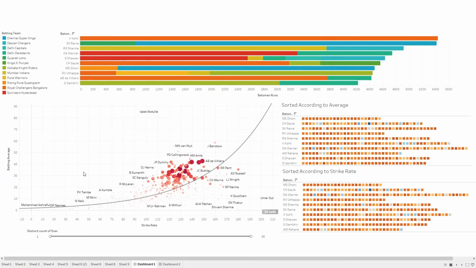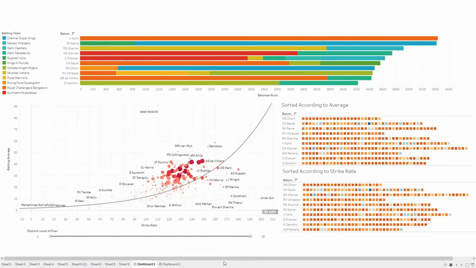So the better players who scored more runs and more centuries fall into this category of having a batting average of about 30, 40 and a strike rate close to 140 and 150. And there is Andre Russell, who has a decent average and a good amount of runs, and at the same time a very high strike rate.